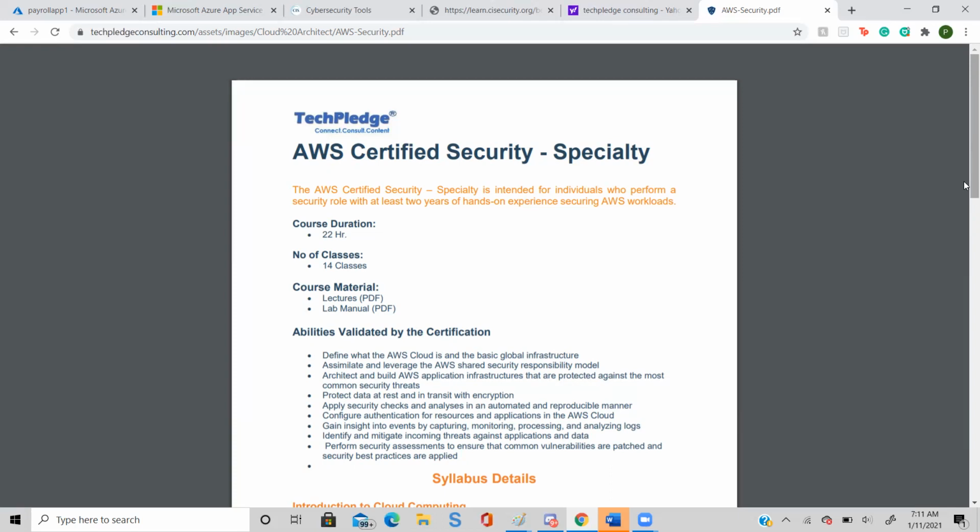So let's say, for example, Preeti, you join any company. Now let's say a company says that no one can create a server which has a higher configuration, because higher configuration means more cost.